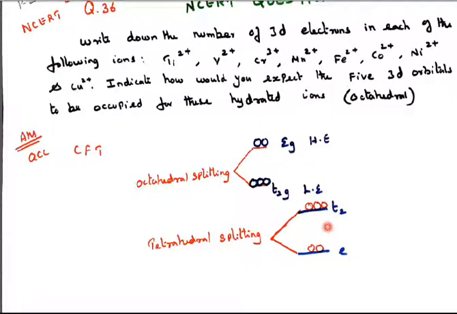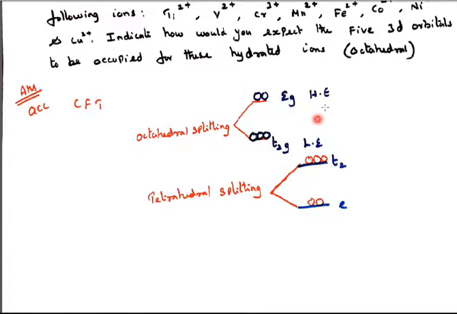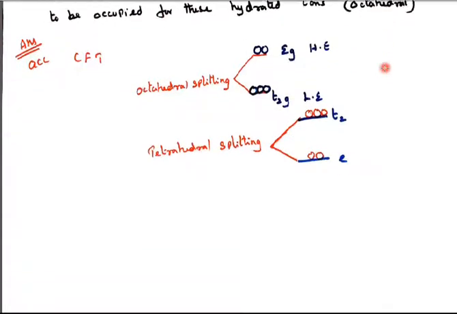So that is what I have written, t2 and here e. For tetrahedral, for distinction, no g should come. For octahedral, g should come. Triply degenerate t2 and doubly degenerate e. The g should not come in tetrahedral, as a distinction between octahedral and tetrahedral splitting. So in octahedral splitting, t2g is lower energy and eg is higher. It is just the opposite in tetrahedral. That is what is given here for octahedral.